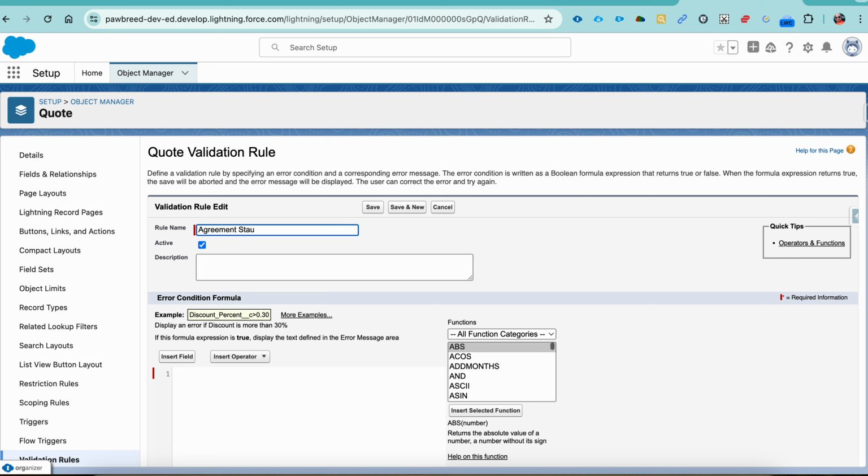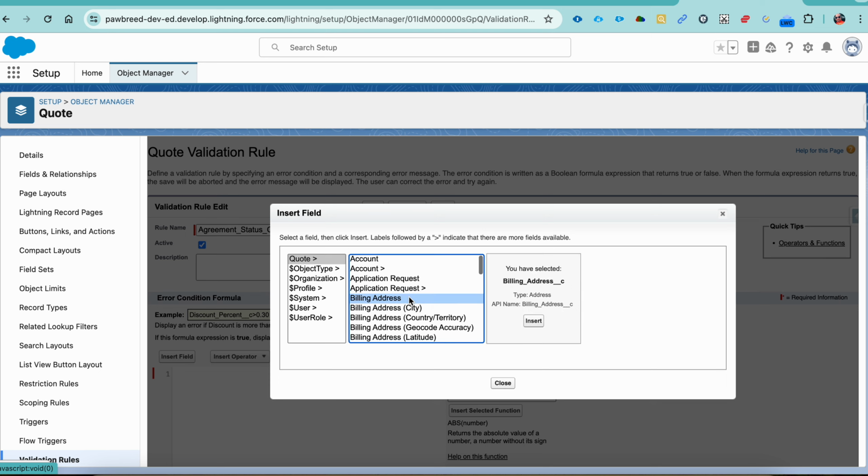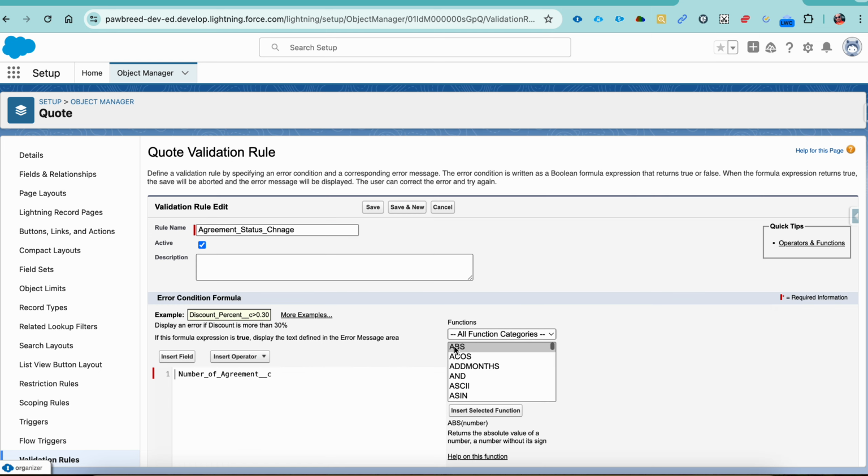I'm going to check the quote's number of agreements. If the number of agreements is 0,